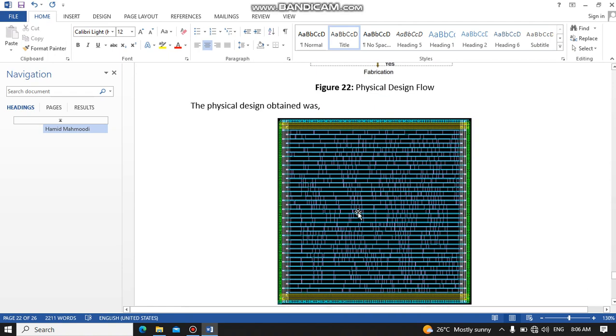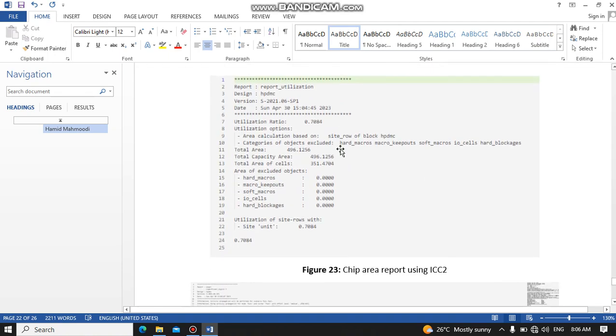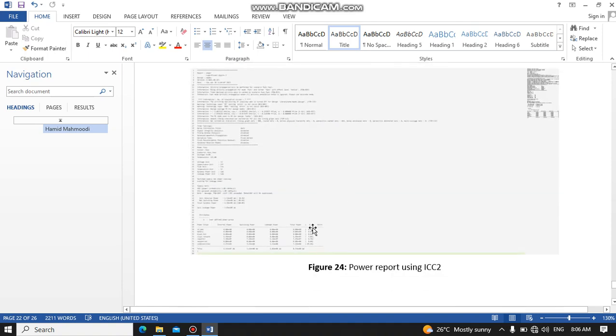In PD, this is our obtained physical design, and the chip area report is here. Here we can see the total area is this, the total capacity area is this, and the area of cells is this. The power report is